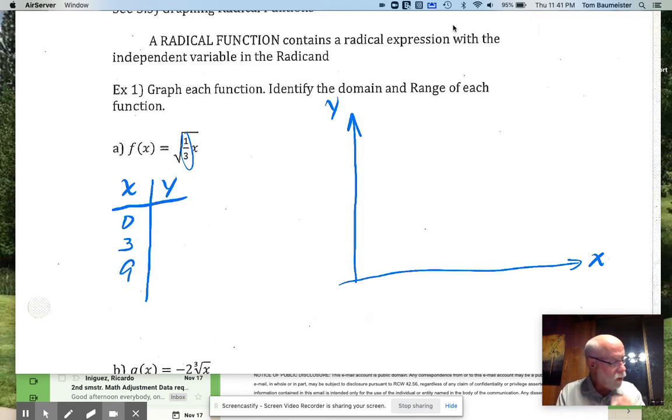My graph's not gonna be great, so I'm gonna go 3, 6, and 9 here so you can kind of see what it looks like. And then I'm gonna go 1, 2, and 3 this way, and you'll see why here in a second. So that's my y value. So I plug in my x values, and I'll get 0, and I'll get 1/3 of